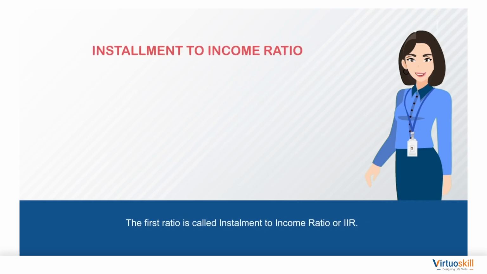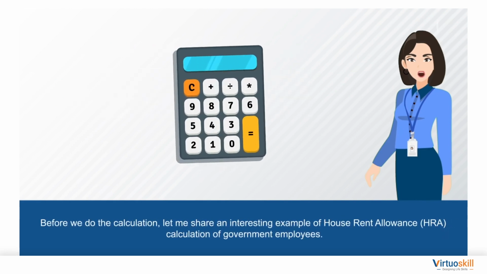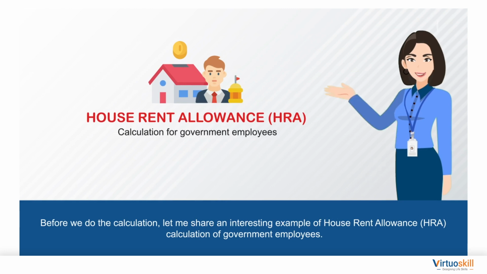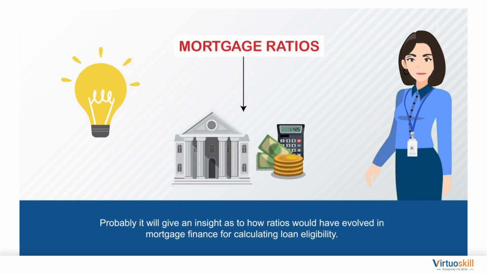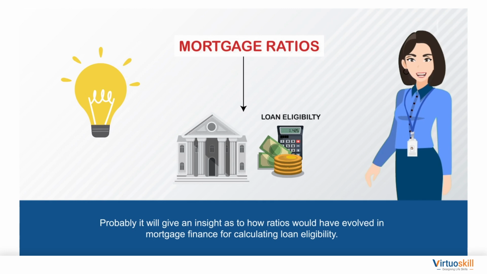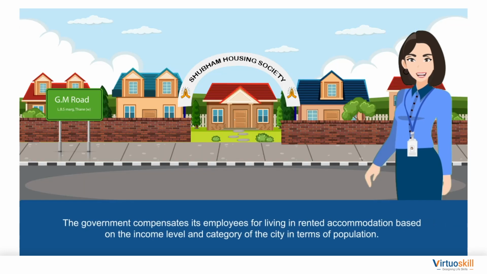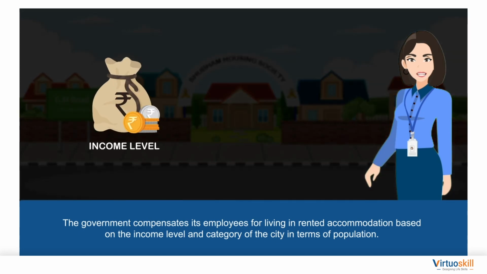The first ratio is called installment to income ratio or IIR. Before we do the calculation, let me share an interesting example of house rent allowance HRA calculation of government employees. Probably, it will give an insight as to how ratios would have evolved in mortgage finance for calculating loan eligibility. The government compensates its employees for living in rented accommodation based on the income level and category of the city